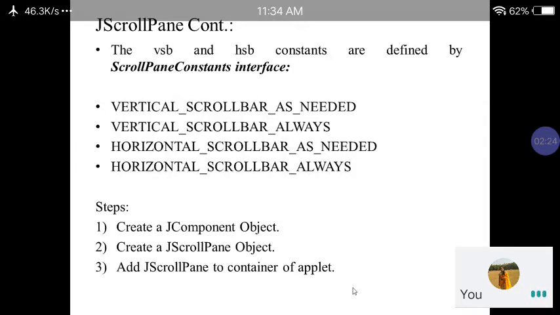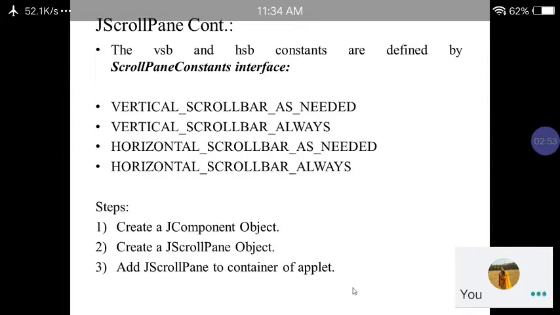Now, in the previous slide we have seen two parameters, VSB and HSB, the vertical scroll bar and horizontal scroll bar. These are two constants defined by the ScrollPaneConstants interface. Which constants are these?